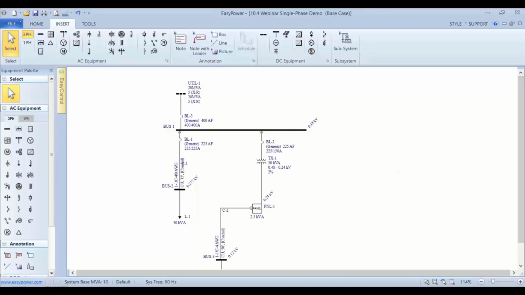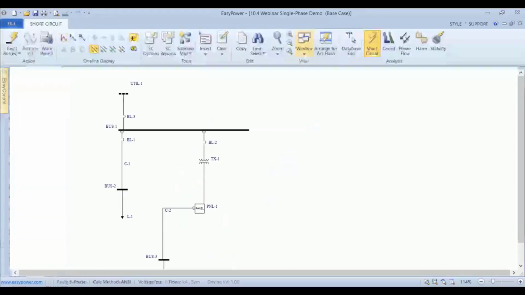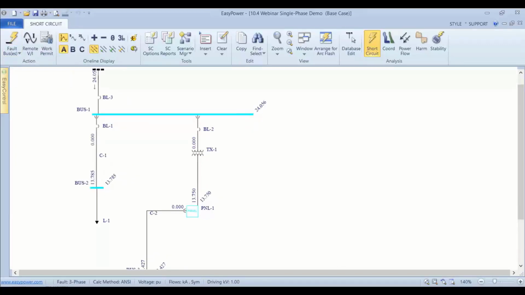On the home tab, I will click the short circuit button to enter the short circuit focus. I will fault all buses to display the short circuit currents. Make note that the fault current for panel 1 is 13.75 kA. For a single-phase 3-wire panel that is fed by a center tap single-phase transformer, you can get different